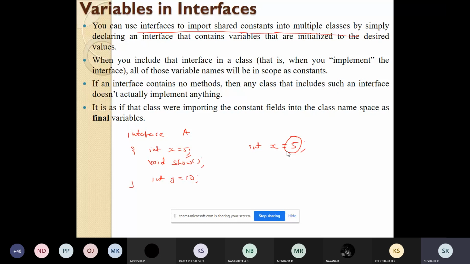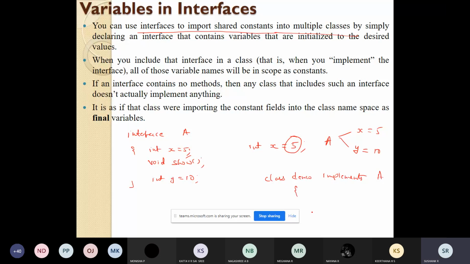In this example, I have created an interface which contains two variables, x and y, initialized with 5 and 10. There is a class called demo which is making use of this interface.